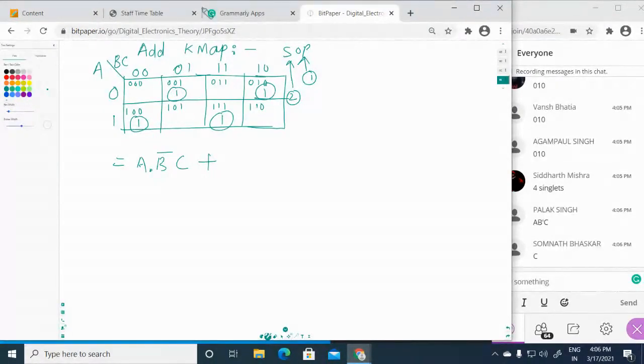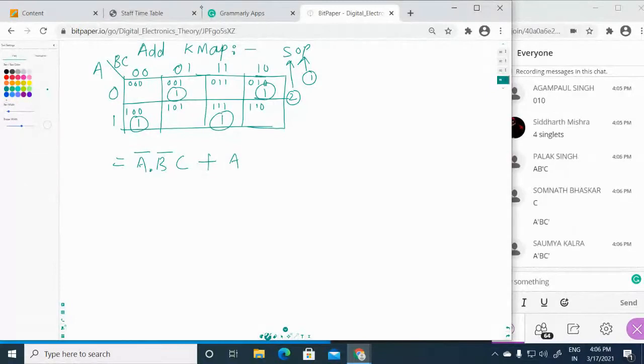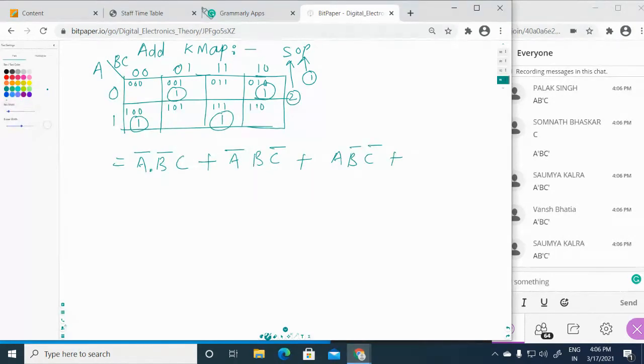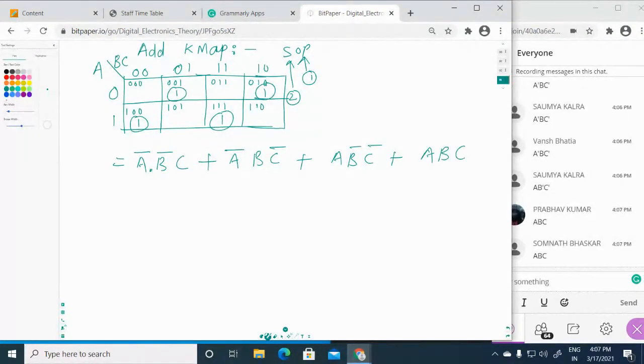So A bar, B bar, C. Next value is A bar, B, C bar. Third value is A, B bar, C bar. Fourth value is A, B, and C. And you can write this complete equation as A XOR B XOR C.